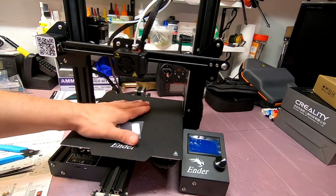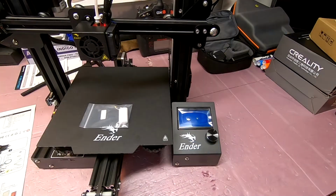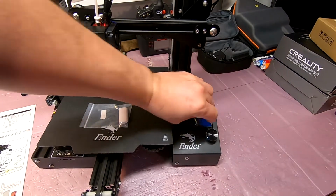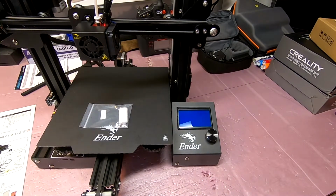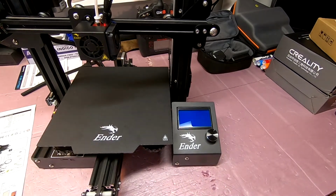So leveling the bed is going to be a whole instruction video all on its own. Last step, peel away that piece of plastic so the screen is more visible. And mechanically, it's complete. I just need to plug in a power cord to the power supply,